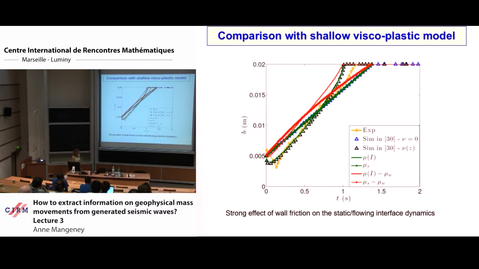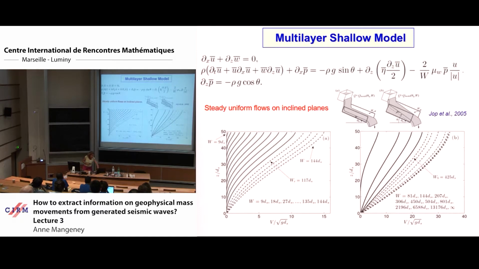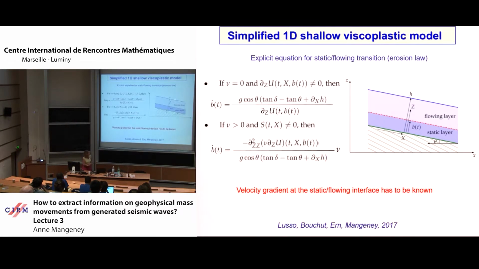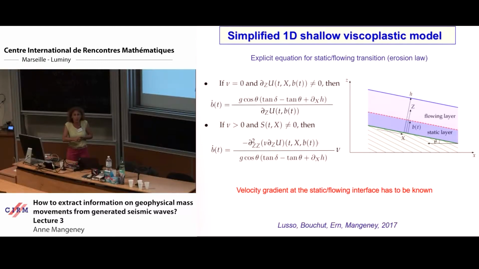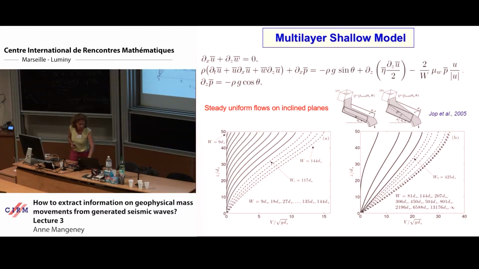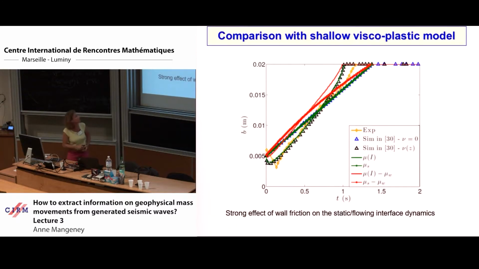And something I just wanted to show you when you look into details. So for example, if you have this configuration here, we have some experiments, and we look at how this static flowing interface changes. And for example, at the beginning, you have increase of the flowing layer, so B decreases, and then it goes down to zero when everything stops. And it is what I show you here to finish with this part.